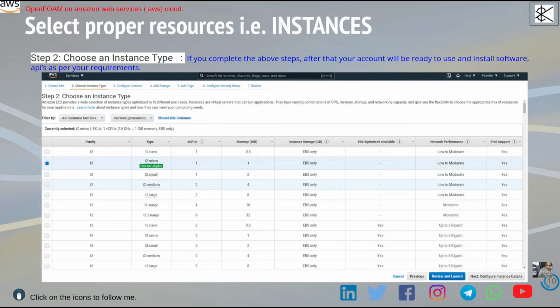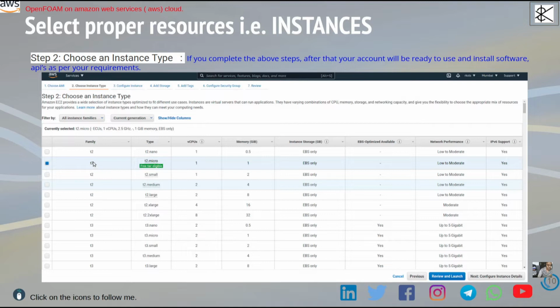Suppose my personal laptop has Ubuntu, and it has some configuration that you have selected for that OS based on my system configuration, like i7 or i5, how many cores are available, what the RAM is, and what the storage is. That kind of thing, in the cloud, we call by a particular name: instance.